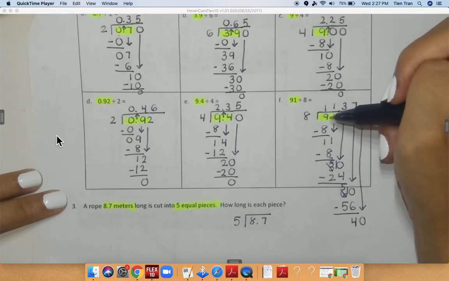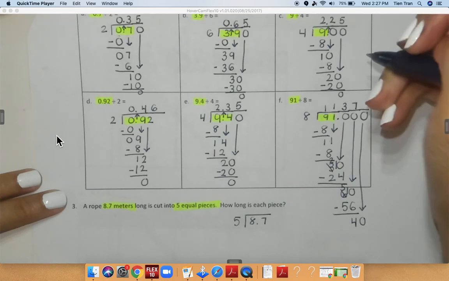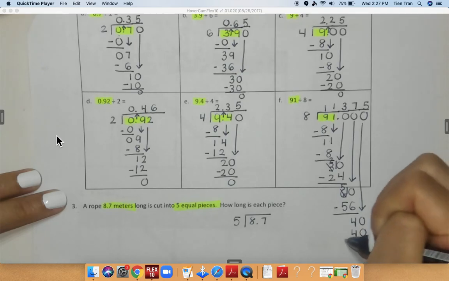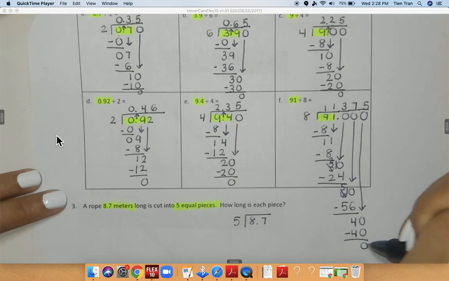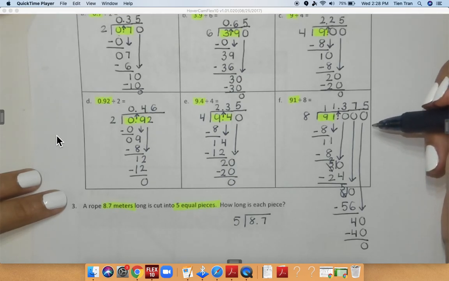Wow. How many times do you think 8 can go into 40? 8 can go into 40 5 times because 8 times 5 is equal to 40. 40 minus 40 is equal to 0. Don't forget to bring your decimal up, and your final answer is 11 and